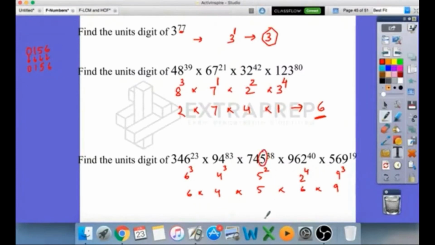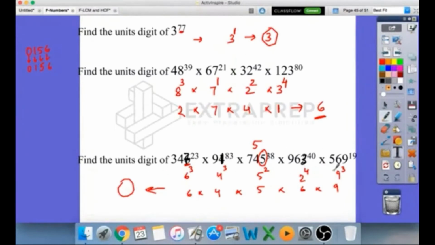You have 5 here. Whenever a number ends with 5, you always get 5. Then you'll have to check for even numbers. There's an even number here. Because there's an even number, 5 combines with an even number to give you the answer as 0. 5 always combines with even numbers to give you the answer as 0. For example, in case there is no even number in the problem, I'll change these numbers. This is not 6, let it be 7. This is not 4, it is 1. This is not 2, it's 3.